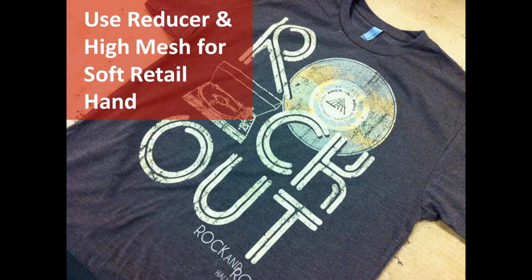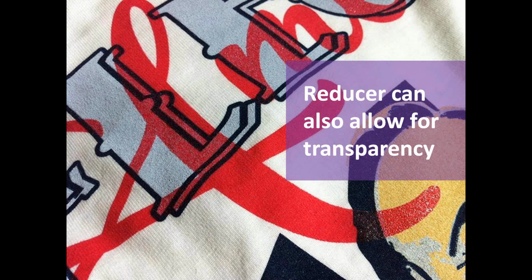So I just wanted to throw that one out there. Also, you can add reducer to your inks to allow for some transparency. Here, we're printing this red. It's got some reducer in it that allows it to print